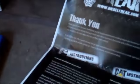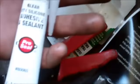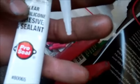And I'm trying to install this harness, right? The diesel freak harness. Here's the switch, right? I already bought the wires. I have some glue, I have some stripping thing, everything. I even bought some of these because the guy said these are no good, so I'm going to seal them with adhesive, because this one is high temperature, creates a seal, perfect. But basically, I'm sitting in front of the